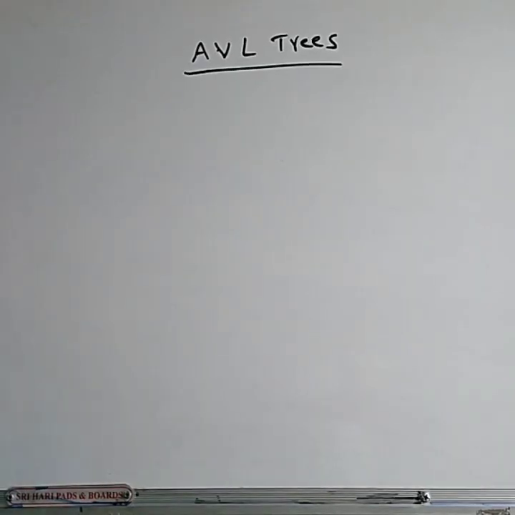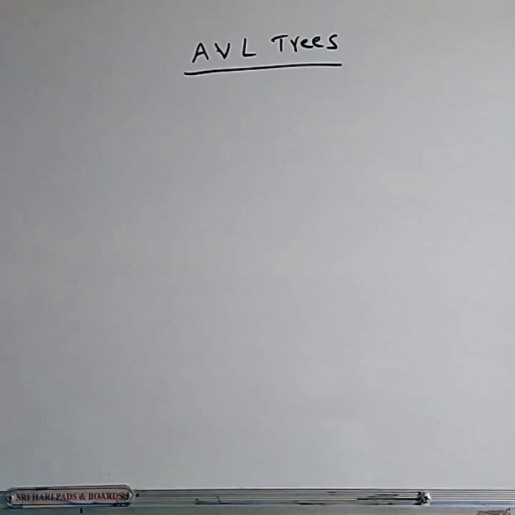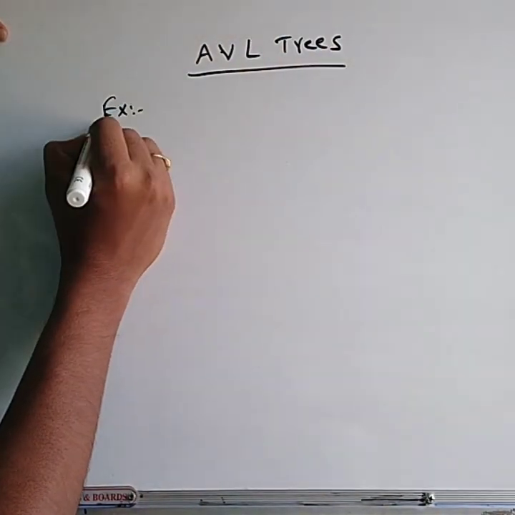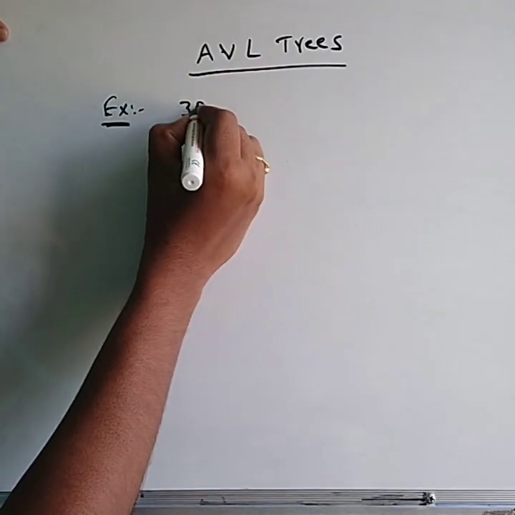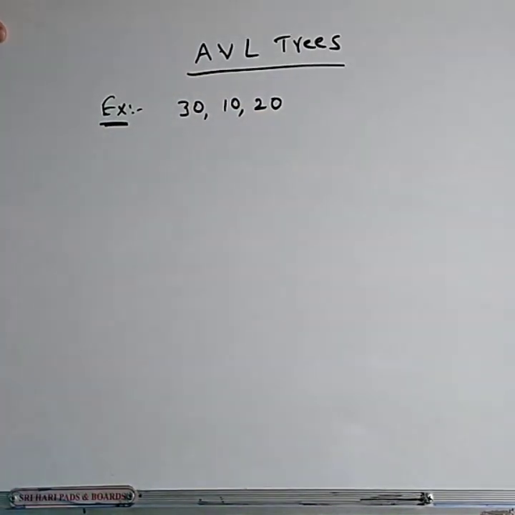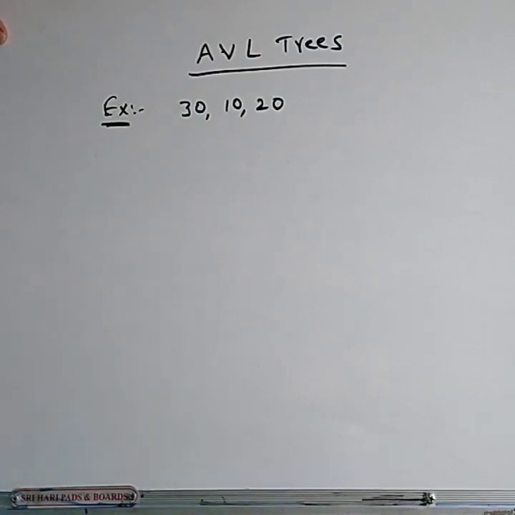So let us look at AVL trees once again. Some of the students having some confusion about how to construct AVL trees, how to apply the rotations, and which kind of rotations we need to apply on the trees. Okay, so let us take an example. Suppose they give a list of elements like this. I take the previous example to clarify the doubts. Maybe this explanation will resolve your doubts.